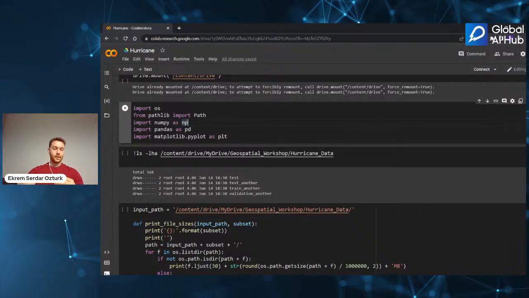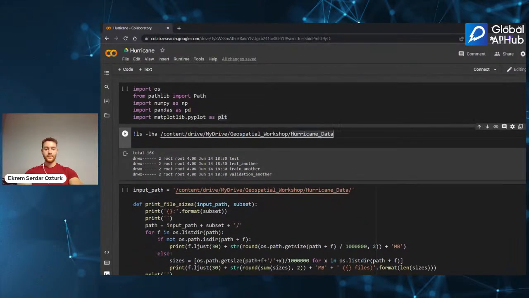And Matplotlib, as the name suggests, is a plotting library, so you can visualize your data. If you don't know what they are used for, you can take our Python course at Global AI Hub. And if you don't know what this code does, you can ask me afterwards or right now.